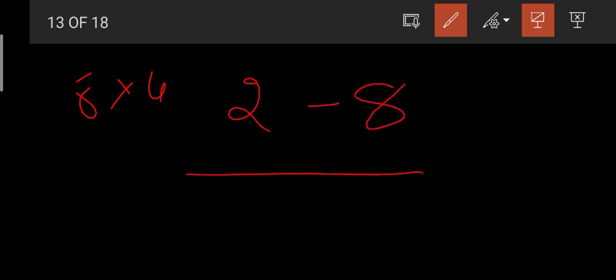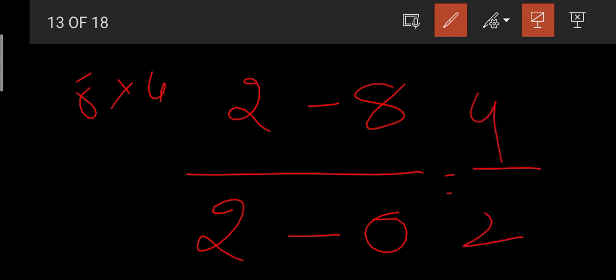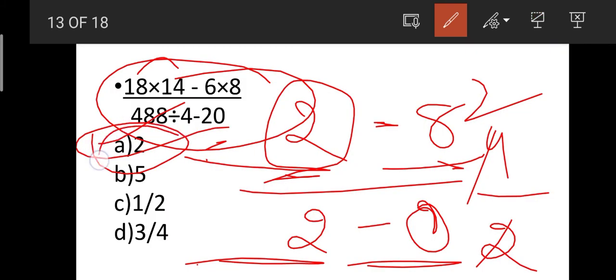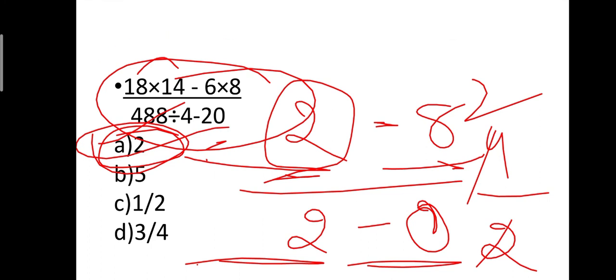This is one of the methods, by knowing the last digit of the number. Okay, I'll explain here also. Observe once. 8 into 4, it should be ending with 2, and then 6 into 8, it should be ending with 8, and then 8 divided by 4, it should be ending with 2, and then they have given a number to subtract ending with 0. Okay, our resultant will be 4 divided by 2. So to get our answer, the resultant should be ending with 2. We have only one option ending with 2, that is the first option. Okay friends, is it clear? And now we will move to our next question.